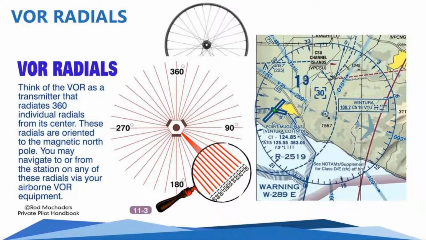That's one that students miss a lot, where they've got fat fingers, and instead of putting in 108.2, they might put in like 107.2, or 109.2. That might be a completely different VOR somewhere else, it might be Van Nuys or something like that. Now, the line underneath the 108.2 indicates that there is no voice communication or services available on